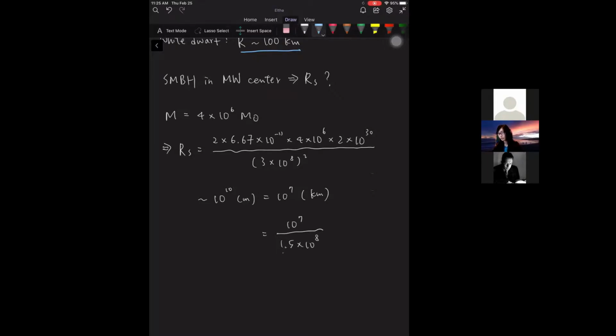This is the Sun-Earth distance in kilometers, sorry, in kilometers, and then we will get a number of 0.067 in AU. Okay, so all right, so this means that